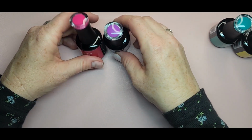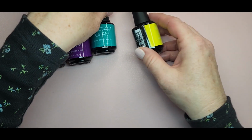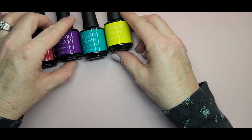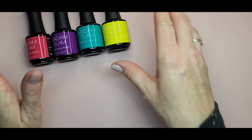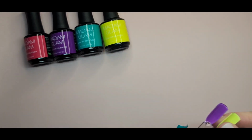So I did already go ahead and swatch these, because I've already swatched tons of Madam Glam polishes in the past. Like I said, I am VIP, so I've gotten quite a few polishes. They're so creamy and gorgeous and pigmented. So we're gonna go ahead and